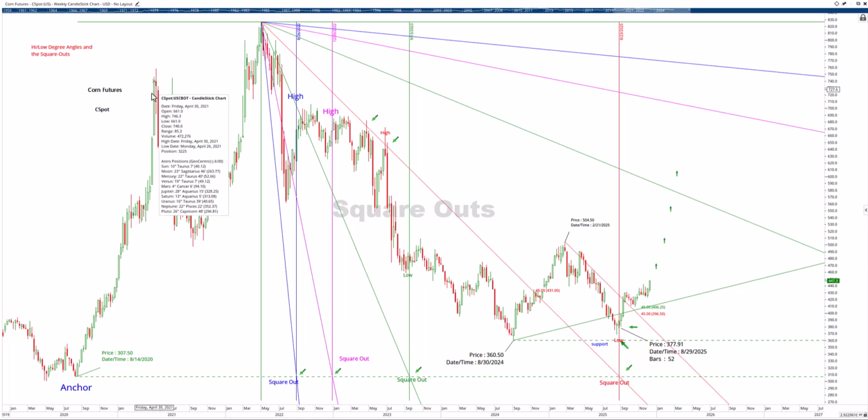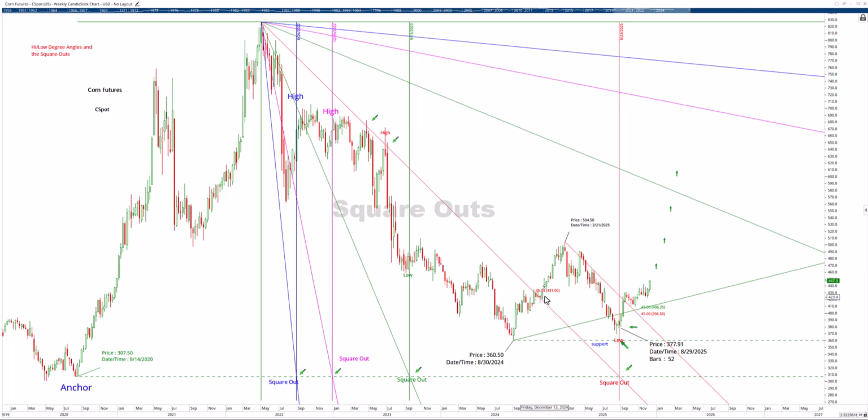All right, today we're looking at corn futures. We're actually looking at the March contract right now. This is a futures continuation chart focusing on the March contract. It's interesting if you look at this chart, there's a lot going on, but basically you draw the Gann fan down from the high. You can see it offered resistance here and here.